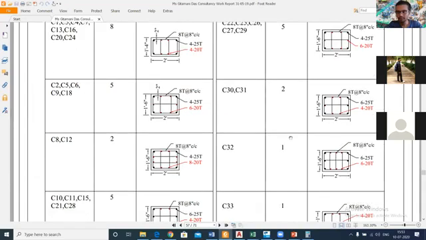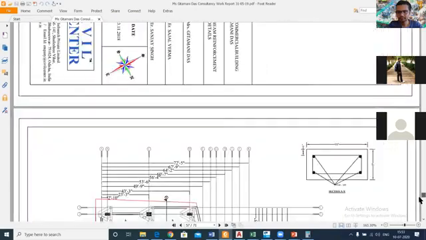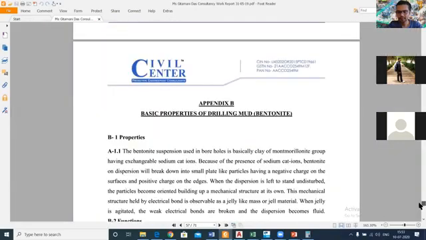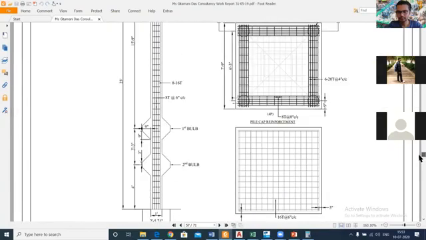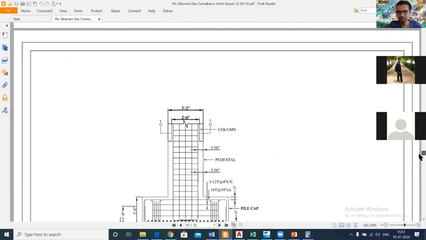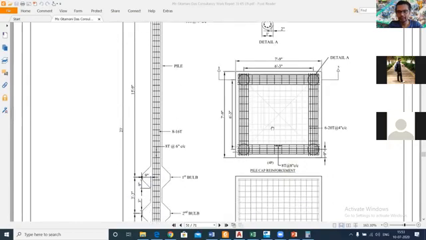Here we have the columns. Okay, here. Now, the question asked was by your Chandan. So, Chandan, you can just check out this reinforcement detailing of your pile cap.